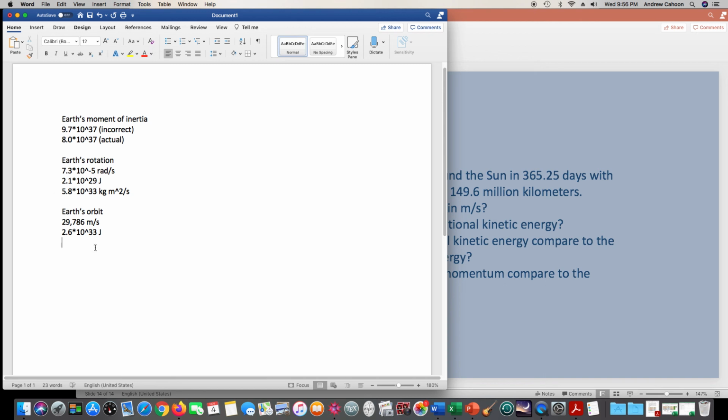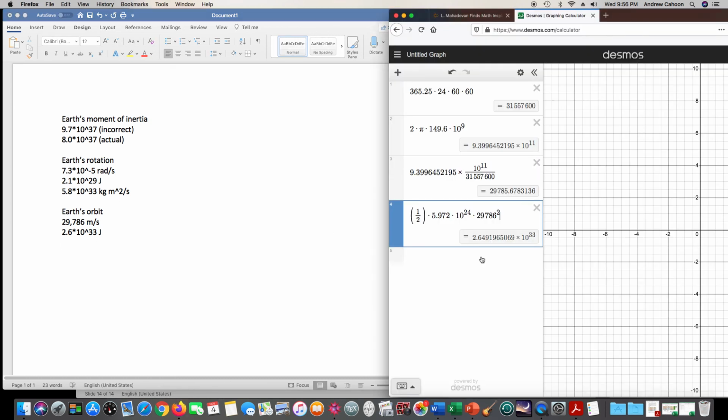And as I've said before, when we compare things, we take one and divide by the other. So the first one is 2.1 times 10 to the 29 joules, and we're dividing that by 2.6 times 10 to the 33 joules,